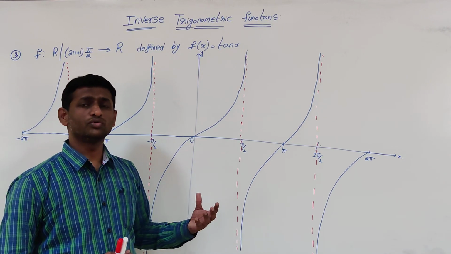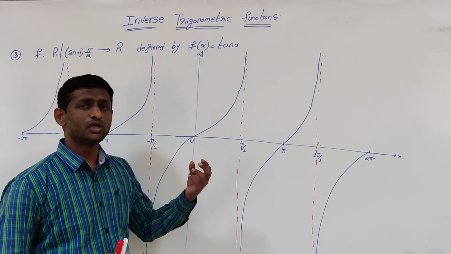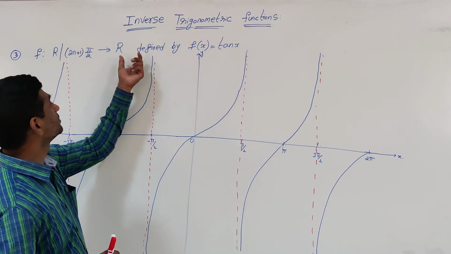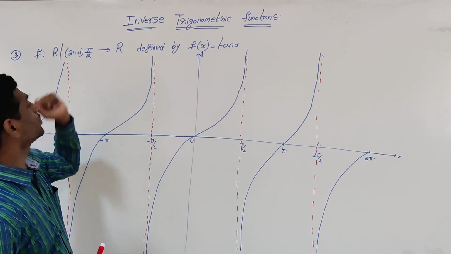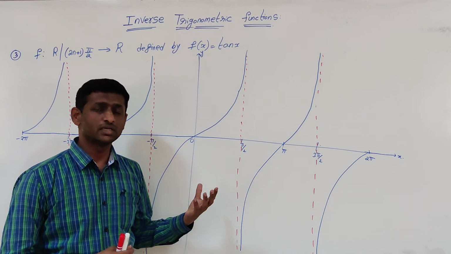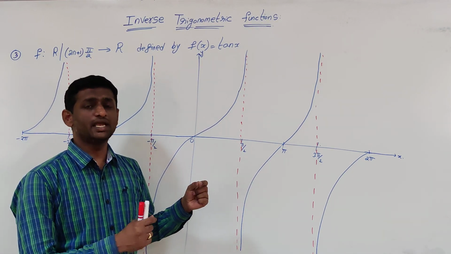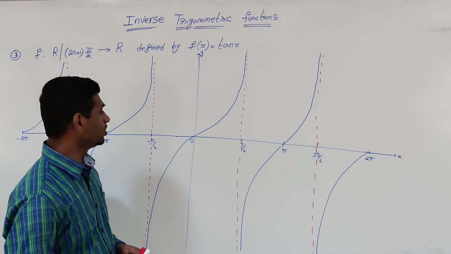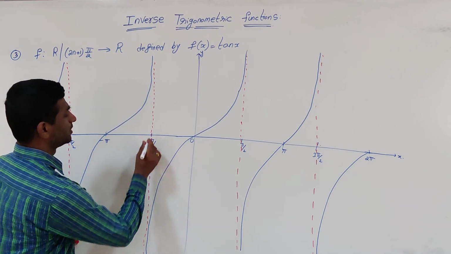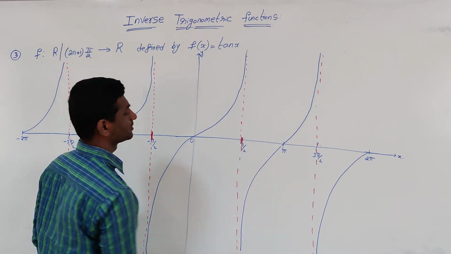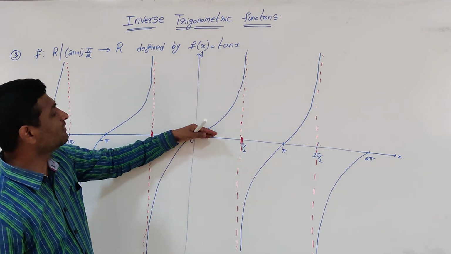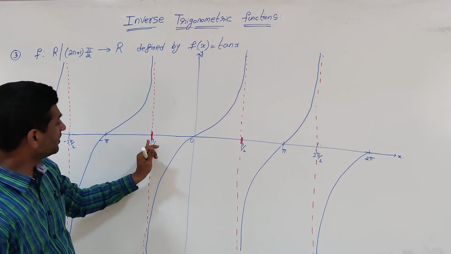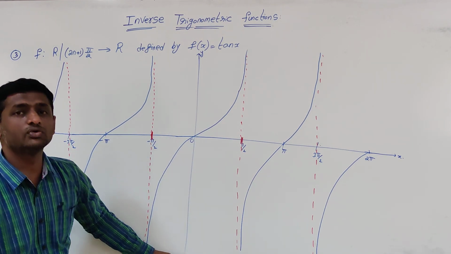So in order for the inverse function to exist, we have to restrict our domain. What is our domain? R, all real numbers except odd multiples of pi by 2. We have to restrict in such a way that distinct elements of the domain have distinct images or distinct outputs. If we consider the closed interval minus pi by 2 to pi by 2, from 0 to 90, all the values will be above 0, so we get positive real numbers. And if we consider from minus pi by 2 to 0, we get the negative real numbers.